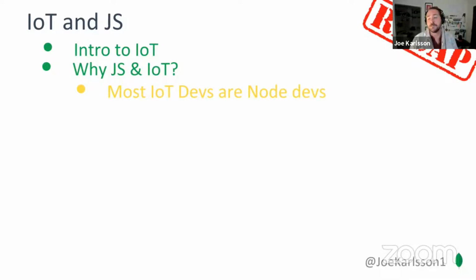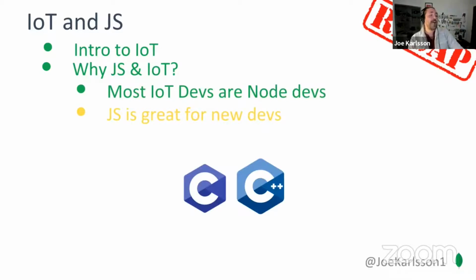I told you that 58% of JavaScript or Node developers or IoT developers already self-identify as IoT developers. I argue that JavaScript is a wonderful choice for new developers, and I'm not saying C and C++ are not good options for IoT projects. They have their place for sure. But if you're learning IoT, why not use it,